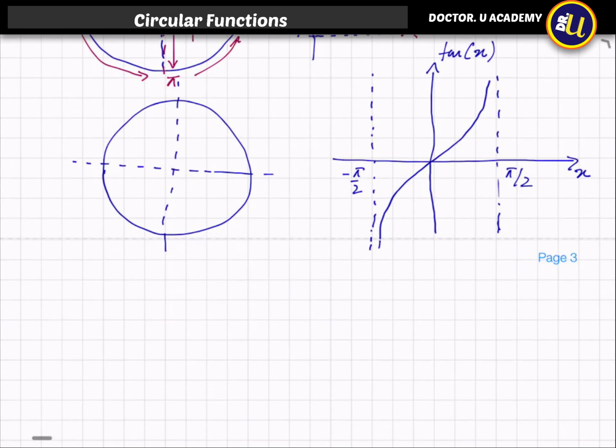When it comes to tan, tan is a little weird. Why? Because you have asymptotes here, right? But we will try to stick with the basics. So when x is equal to 0, the tan value is 0. So that means it's here. The guy is here, right? So now when you go up towards x is equal to pi divided by 2, you can consider this point to be that.